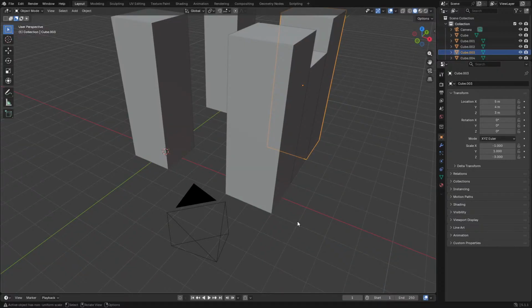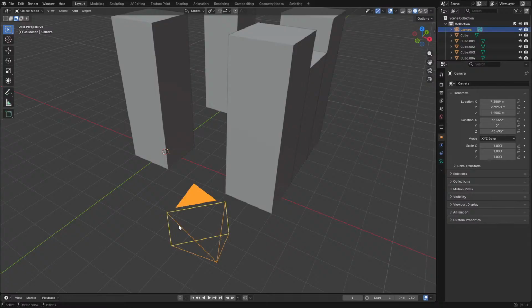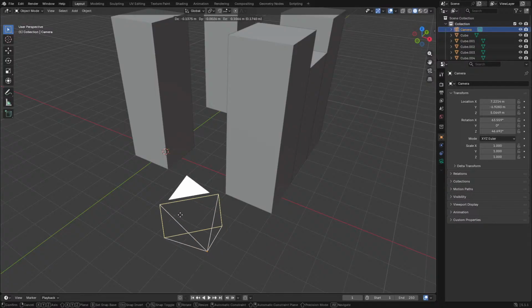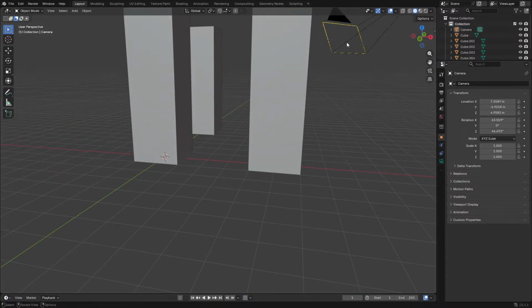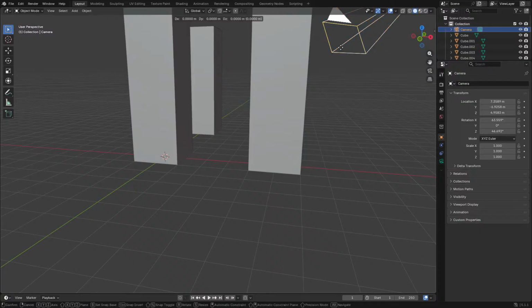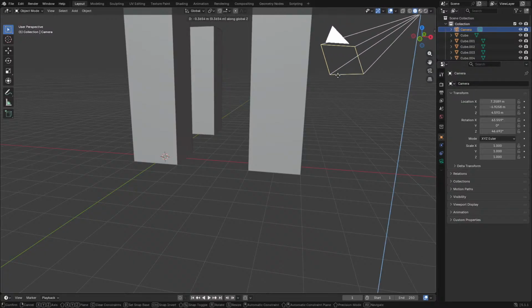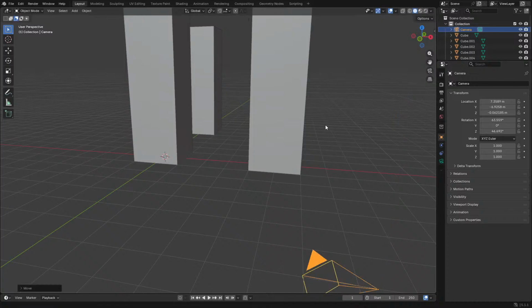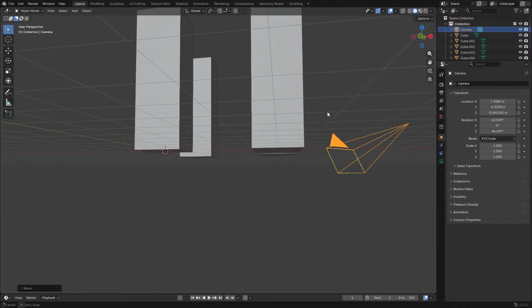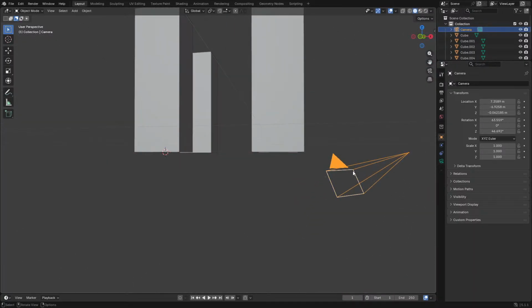Let me see. G. G. Z. Doing it, having it way down there. Oh, maybe not that far down.